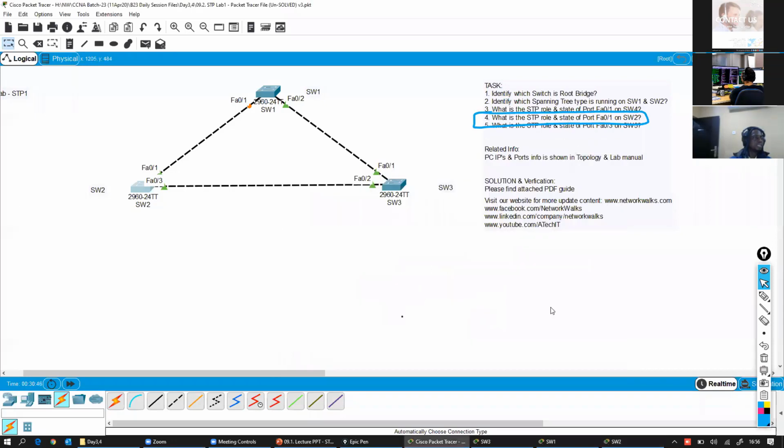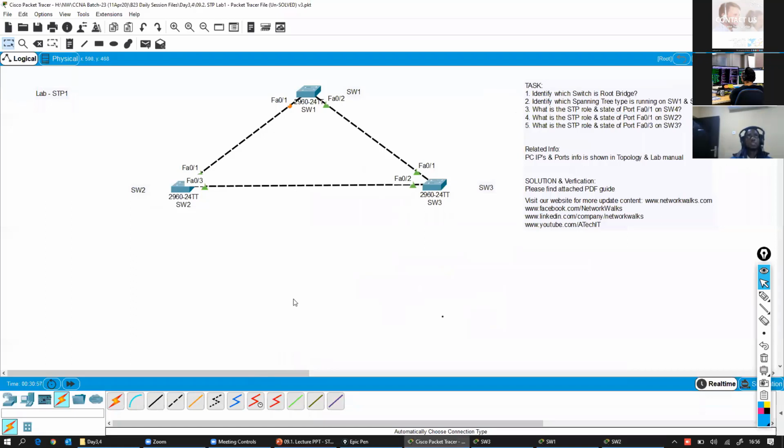Clear, guys? So this is how we have to do this lab as well. It's a very simple lab. It's an observation lab. You don't have to do any configuration. But what I want you to do after you understand, after you sit properly, easily watch this lecture again, and then open this lab and try to do it.